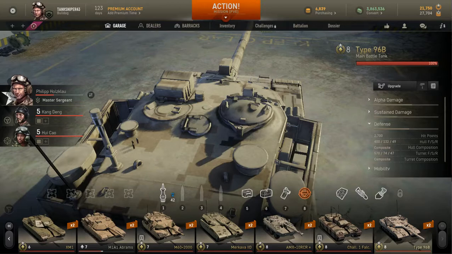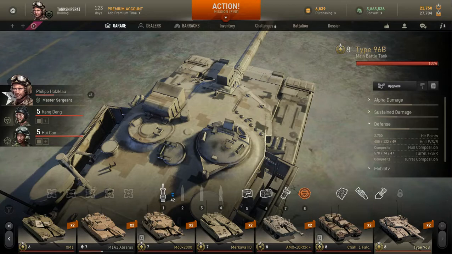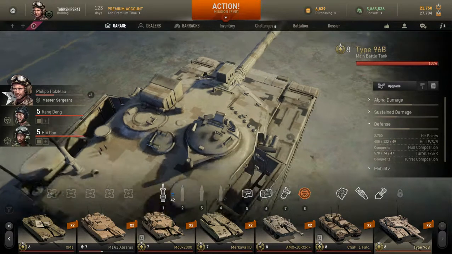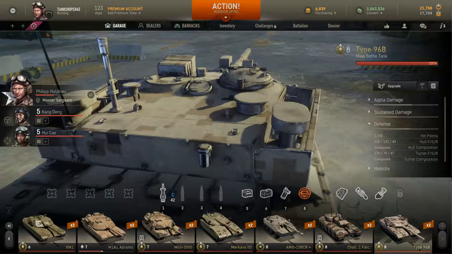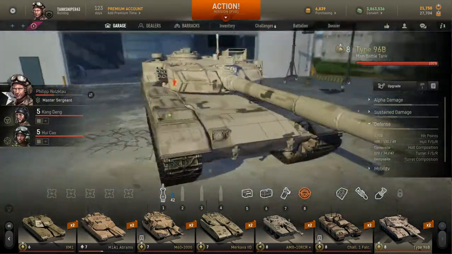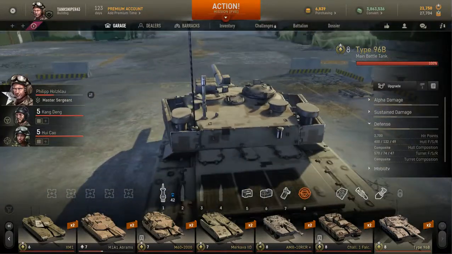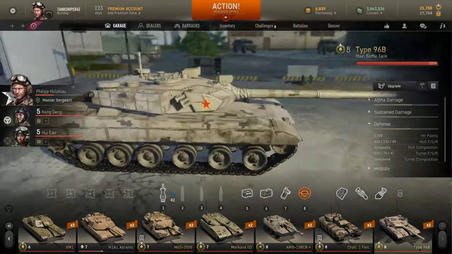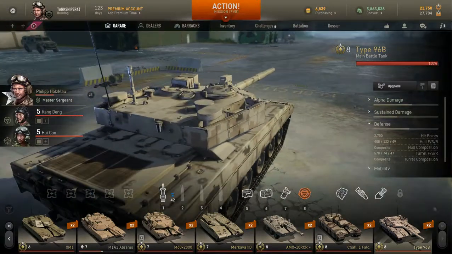As you can see here, composite frame, uranium plates here, and then in front of that you got composite steel. So you're probably gonna ask me in the comments, what the hell is a tank doing having uranium plates on the side of the turret? Why are they not just explosive reactive armor? Well, that's because